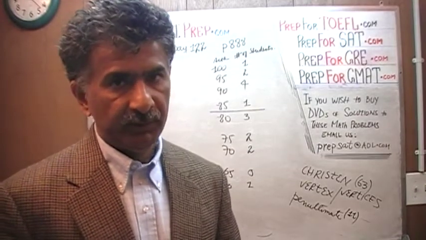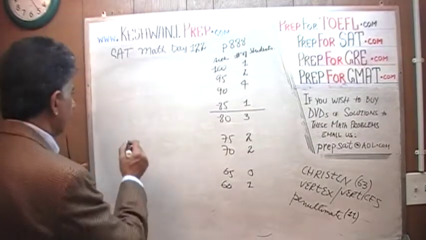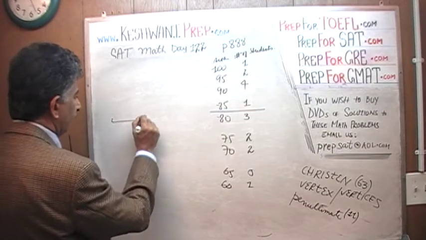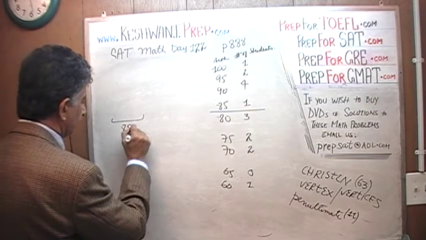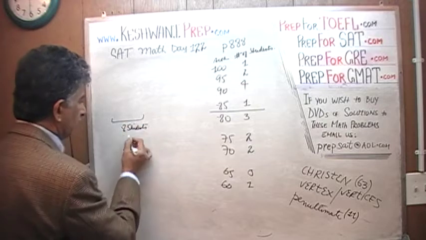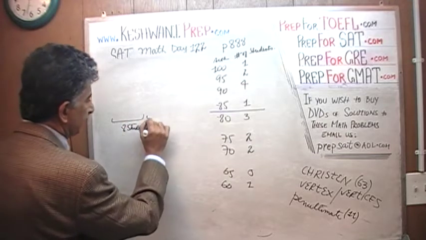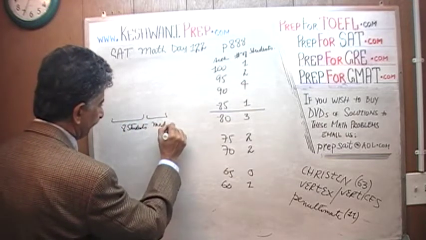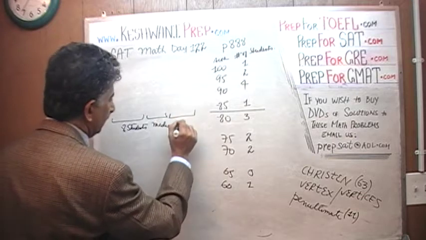And now that we know we have 17 students, 8 students are going to be below the median. This is our median here. And 8 of them